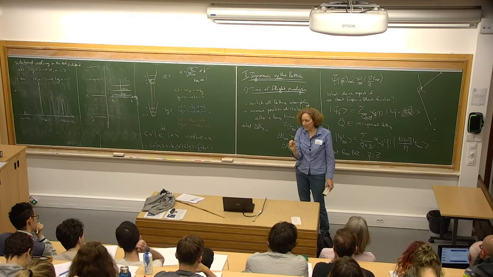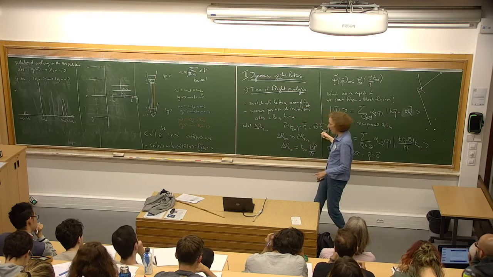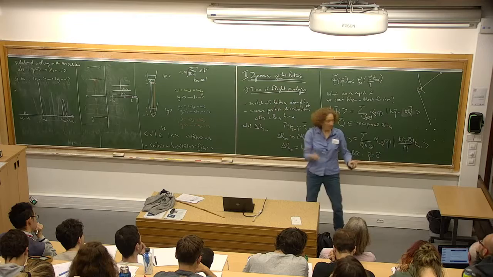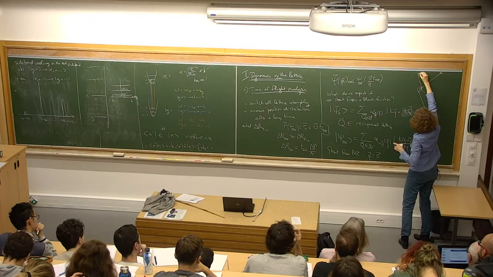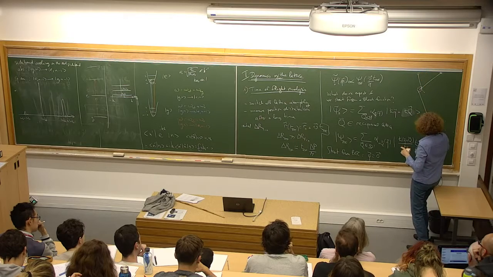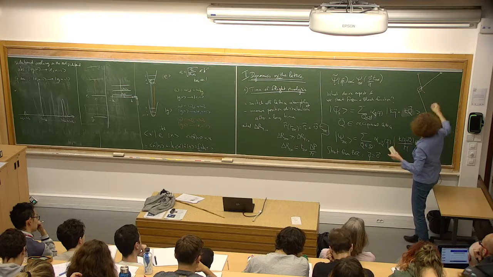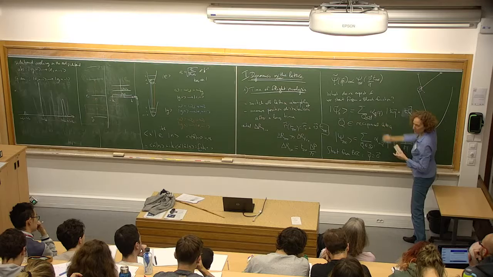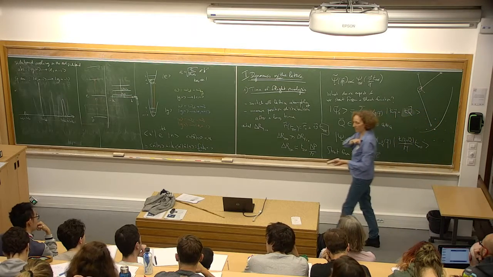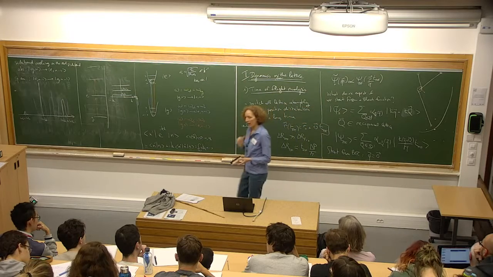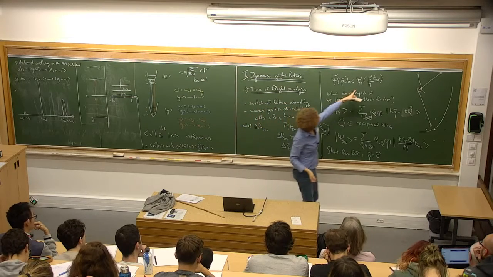But this is negligible as soon as this time here is so large that this little tiny difference here, this little uncertainty on the end of this arrow, is very small as compared to this big size here. So you mean the final position looks like the initial one? Exactly, the final after time.